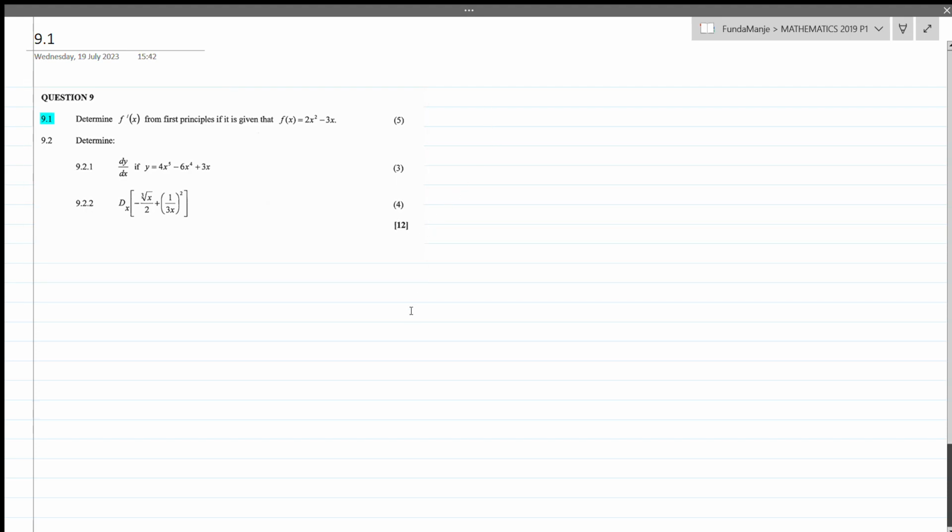9.1 from question 9 reads, determine the first derivative from first principles if it is given that f of x is equal to 2x squared minus 3x. So the formula for getting the first derivative from first principles is as follows. We get the limit as h tends to 0 of f of x plus h minus f of x, all